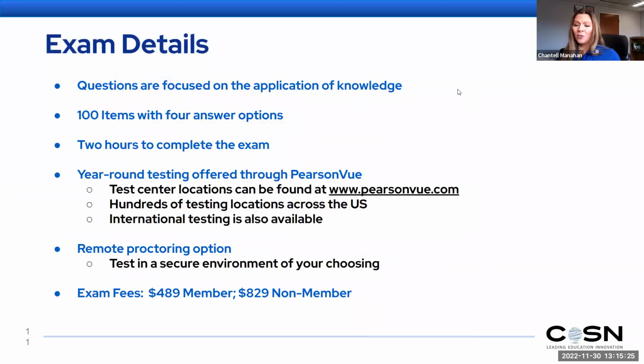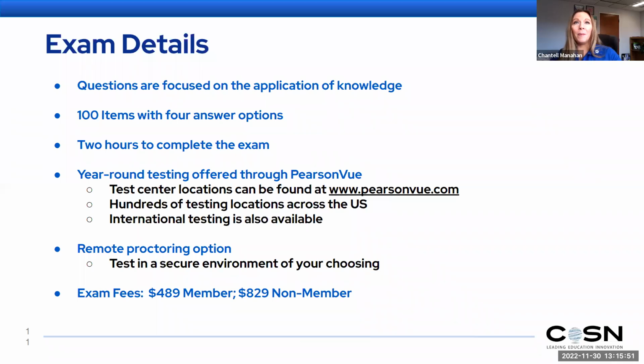So then you're ready. You've gotten your, you can take the test ticket. You've registered. What should you expect? Well, the questions are really focused on what they call the application of knowledge. So this isn't going to be like when you memorized your multiplication tables, and we're not going to be recalling facts. In fact, you should probably be prepared to read quite a bit. This is the word problem type of test.